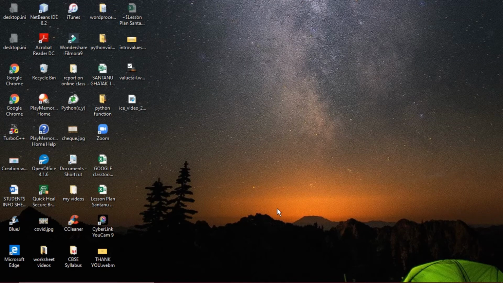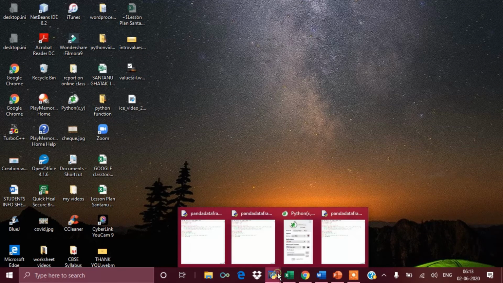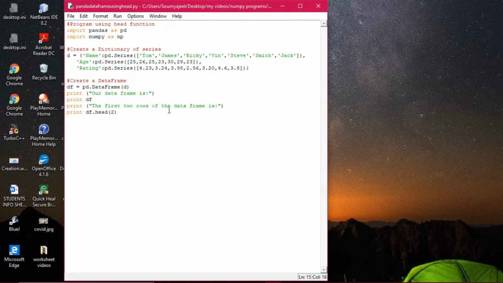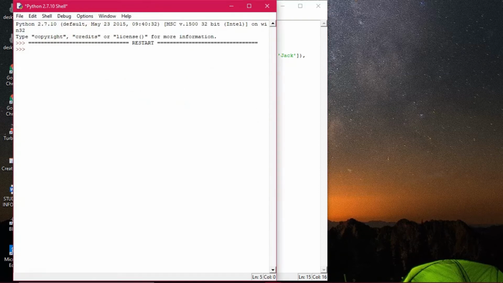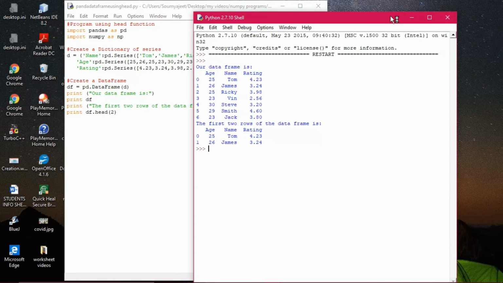All right, now the head function will be displayed. We have seen the tail function, the last data; now the first 5 data and all. Now let us see how this one is functioning. All right, this is the pandas head function. Now I'm giving df.head. Then what is happening when I execute this program, how is it appearing? You see out here, the same dictionary has been in operation. Okay, so the dictionary data has been printed first and then the head data.